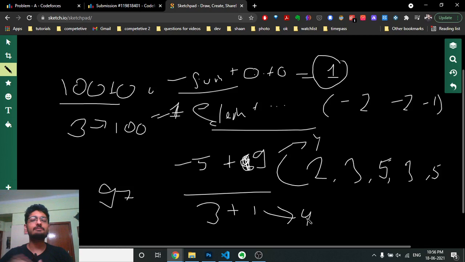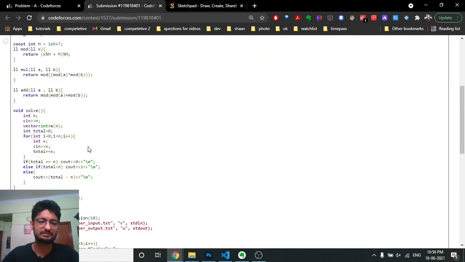So if the sum is larger, then you just have to add zeros, the number of times being numerator minus denominator. And if the numerator is smaller, then you just have to add only one element, because adding one element will eventually make the numerator equal to the denominator. I hope you get the point. And if they are the same, then the answer is just 0.